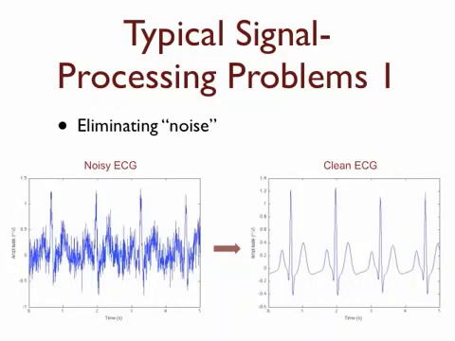And we know from the biology that the electrical activity of the heart should behave in somewhat of a smooth fashion. So these rapid jumps that we're seeing are likely noise that crept into the measurement someplace. So the goal of signal processing would be to eliminate or reduce this noise and produce a clean signal that reflects the true underlying activity of the heart muscle.